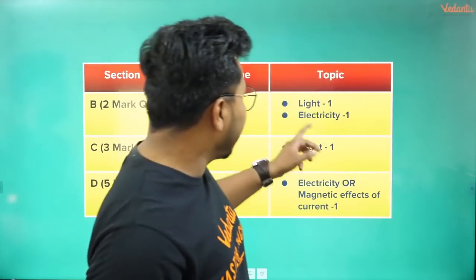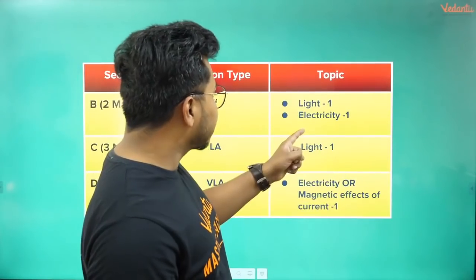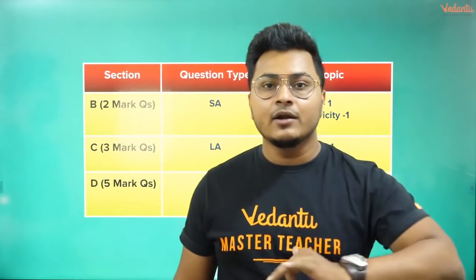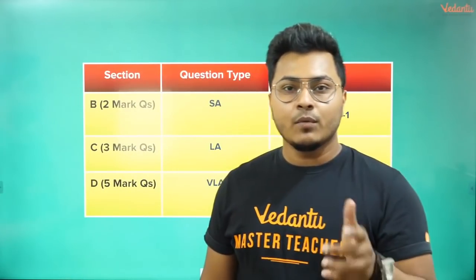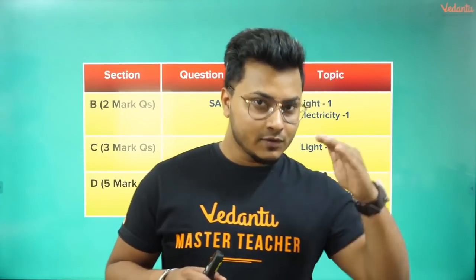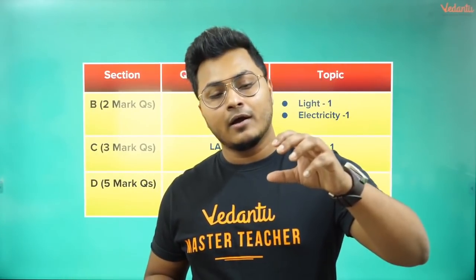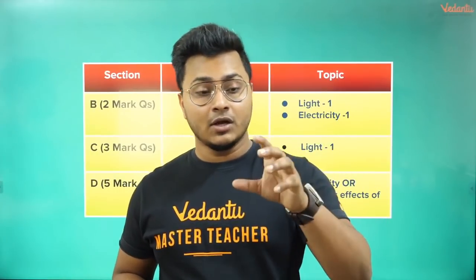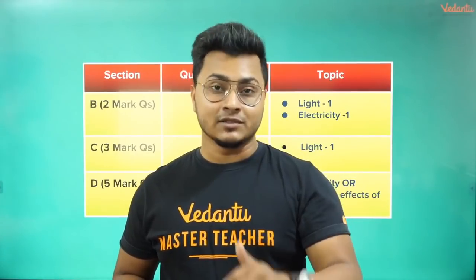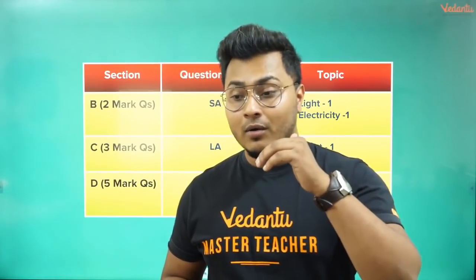Now, even if you notice in the sample paper, 2 marks question 1 from electricity and 5 mark question 1 from electricity, and that too divided into 1 mark. Correct. So both of them were numericals, and also one question was there in the 5 mark question. The entire 5 mark question, by the way, had only one part that was numerical.